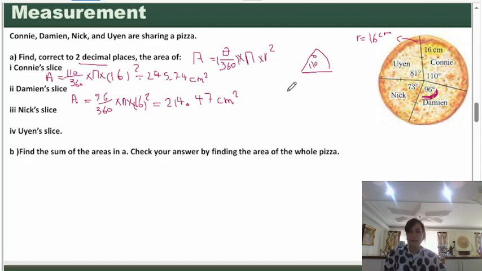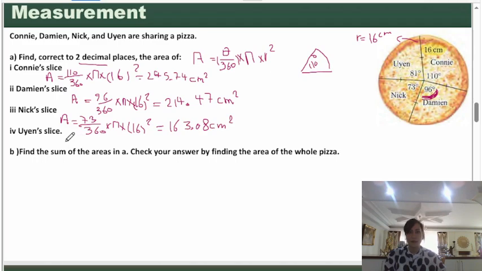And next slice, which is here, so I say the area of this part would be 73 over 360 times pi times, what's my r? 16 to the power of 2, which gives me 163.08